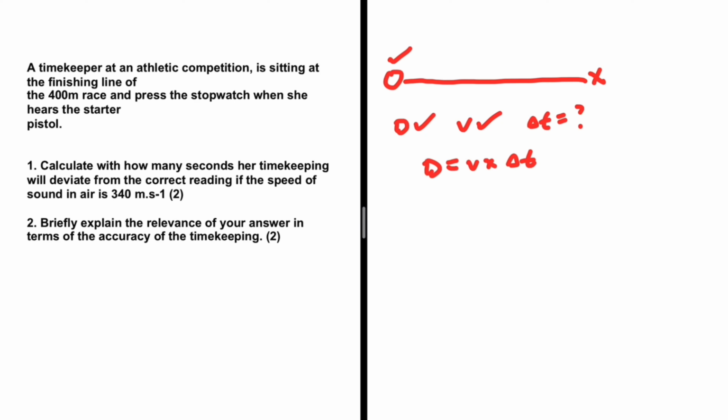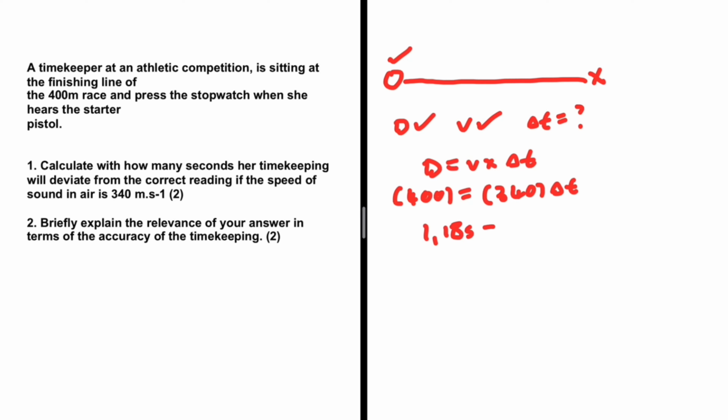Or you can make delta t the subject of the formula first. But anyway, let's just go ahead and substitute. The distance, 400 meters. The velocity, 340 meters per second. And we're interested in the time. Now it's just a matter of dividing both sides by 340 meters per second. And we get